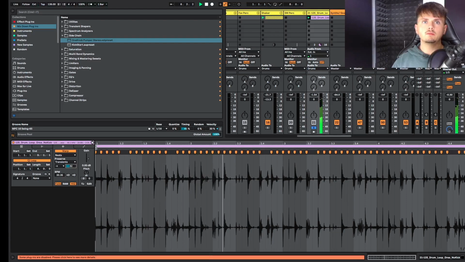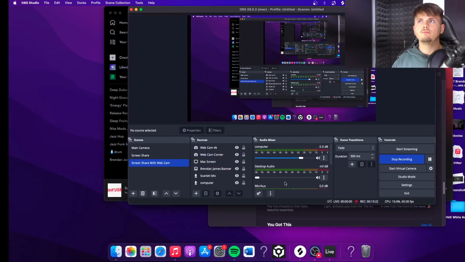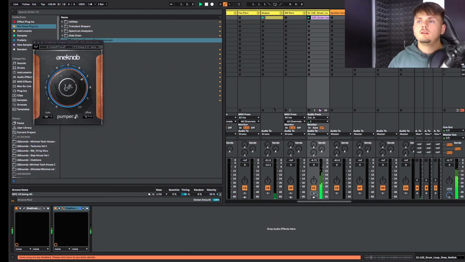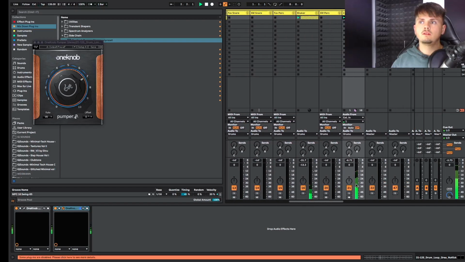Now we can play around with this as well. Maybe just put it to 16th. There's quite a bit of low end coming through on it. So it's that hi-hat, so what we're going to do is we're going to add that again. We're going to change that to 8th. Now, just by adding that top loop